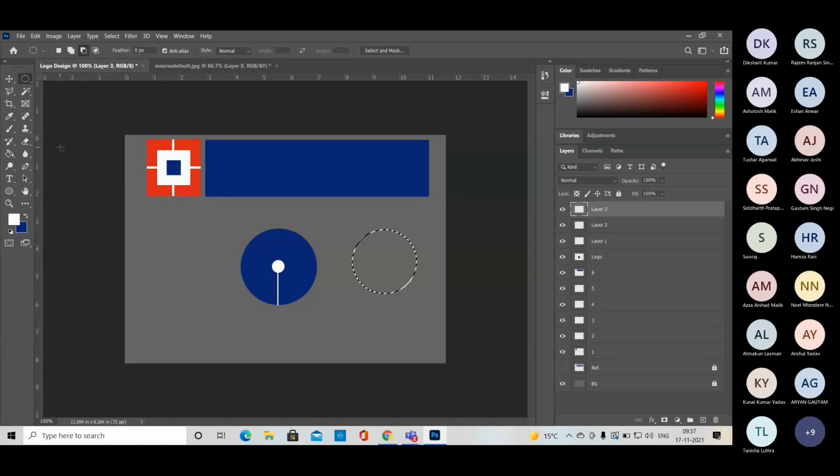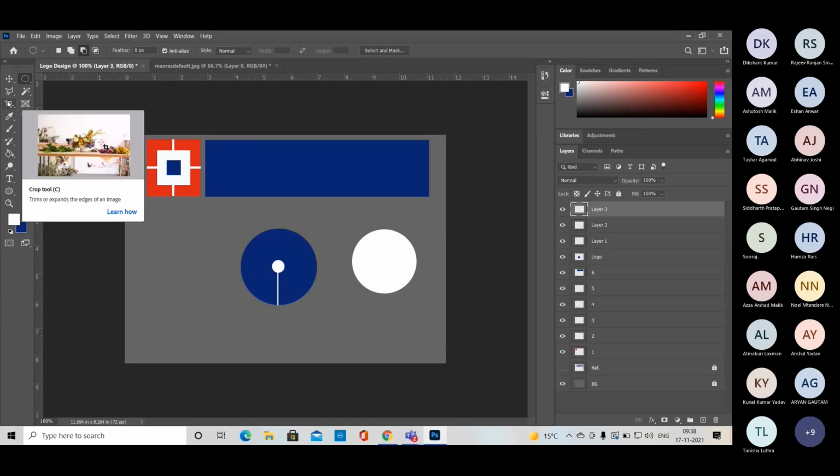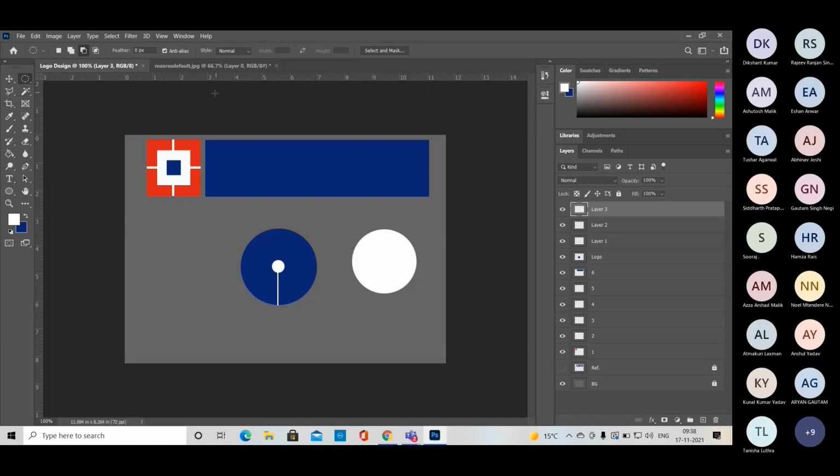So as Hamza told us, just fill the color, Control D, and then which tool? How can we select this half? With the help of the cropping tool. We can mask it out.